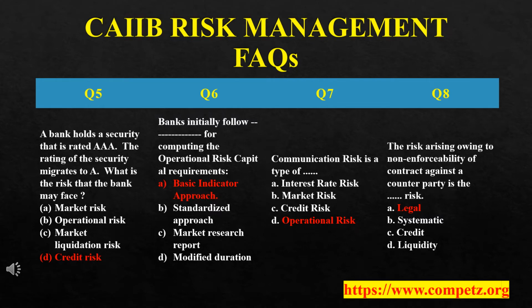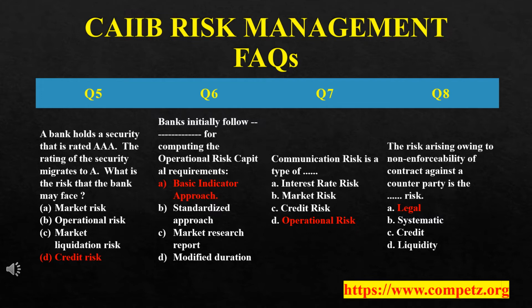Why? Because this is the risk of losses arising from inadequate or failed people, process or IT systems, and external losses. When there is miscommunication or a communication gap between the bank staff and the customer, it would lead to operational risk. Moving on to the next question: the risk arising owing to non-enforceability of contract against a counterparty